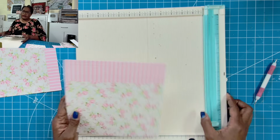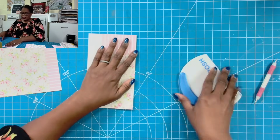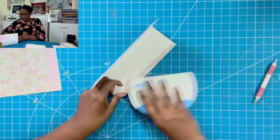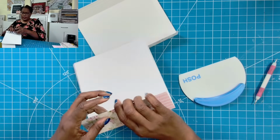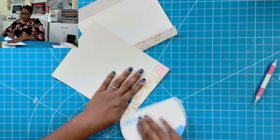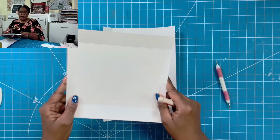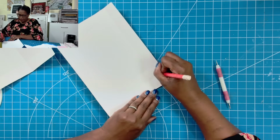And those are all of our scores. So now we can fold and burnish all of our scores. And I am going to put my box together using glue, but you can use tape if you want. All right, so now that we folded and burnished the scores,